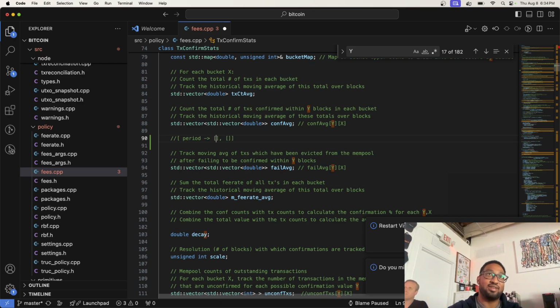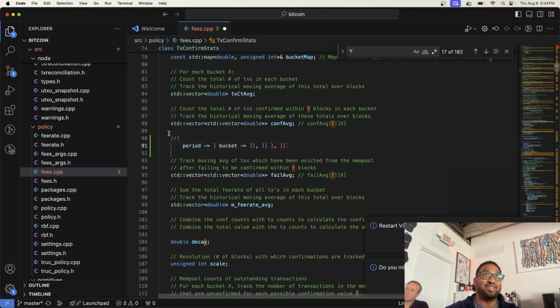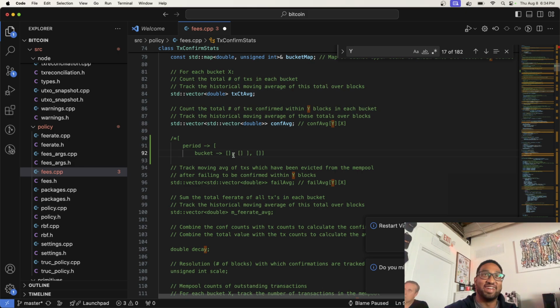Is it the same as a bucket? No, inside the period we have buckets. So then we have another list in here, and then this is a bucket. Does this visualization help? Maybe if I had some better indentation. Let's do this. Period. Again, this is my second time presenting, just because the first time didn't go that great when I was trying to explain this.